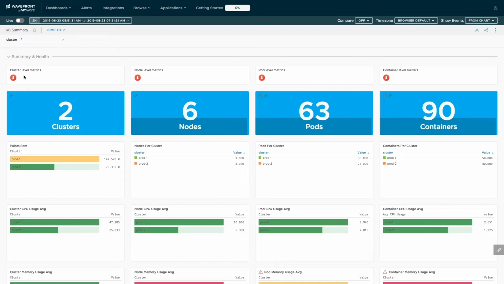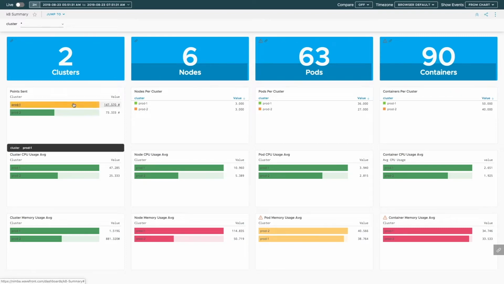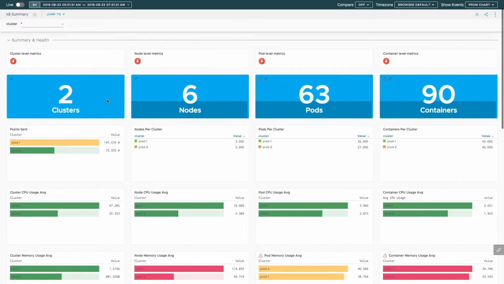Summary and Health is the first. There are 4 columns in here. One for cluster, node, pod, and containers. This section also has easy-to-read charts on the CPU and memory usage. It also has the total number of nodes, pods, and containers, and all of this data is broken down by